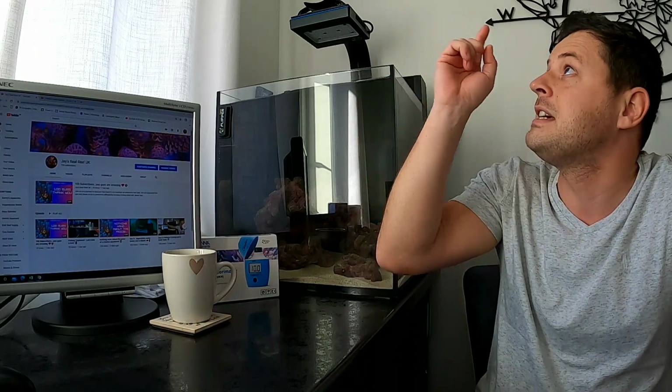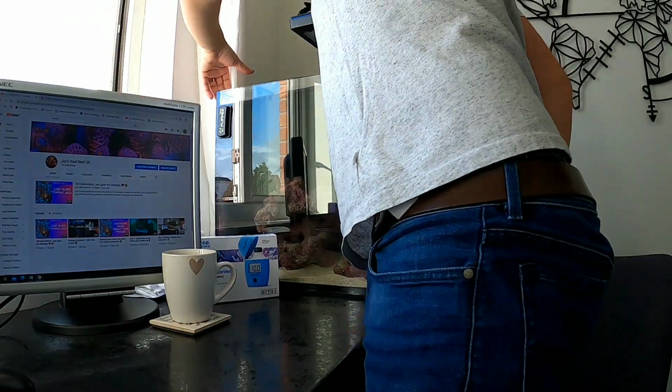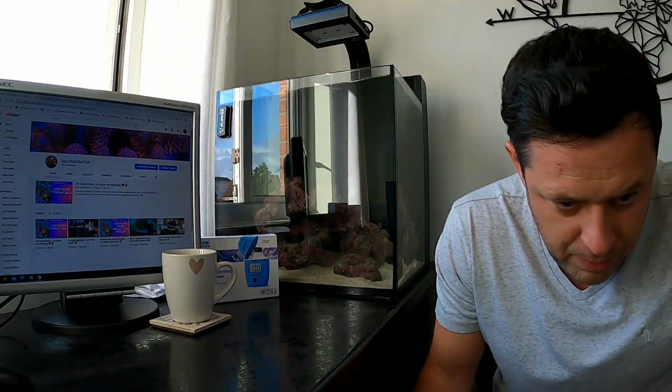Wake up. One of the other things we've been doing is I've had the curtains shut all day and every day, apart from obviously in this video, just so you can see the tank. So we've been having the curtains shut, trying to keep it as dark as possible, keeping the algae to a minimum. We don't want any algae, even though one thing I have noticed is, let me just show you this,